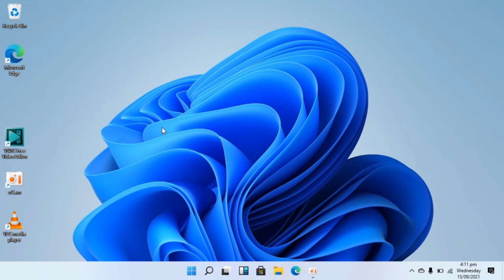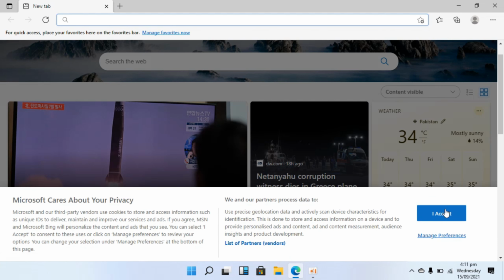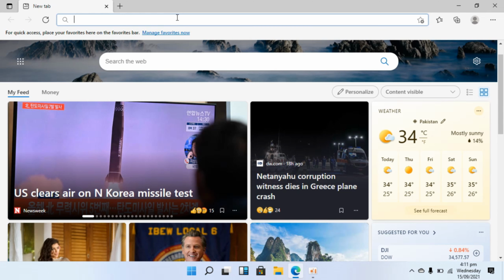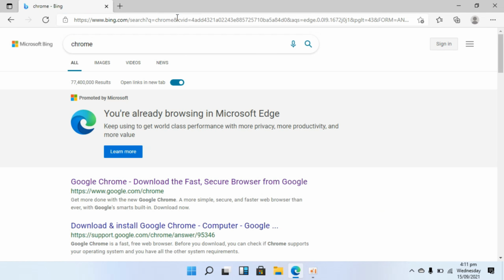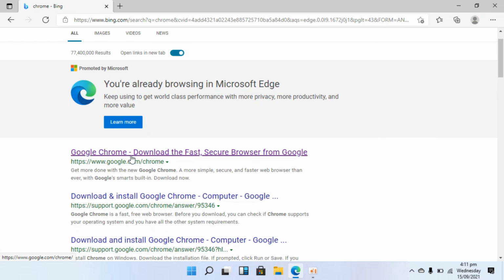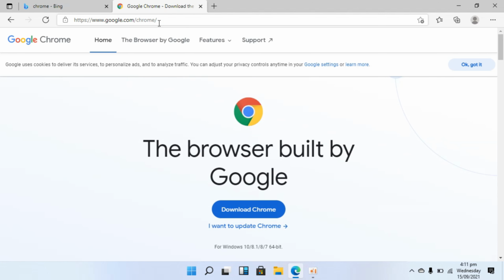So to download and install Google Chrome on Windows 11, the process is quite easy and simple. Simply go and open up your Microsoft Edge browser or any other browser that you have on your Windows. And once here, simply go and search for Chrome and hit enter. And here you can see the Chrome website, that is google.com/Chrome. So simply open that, and once here click on download Chrome,